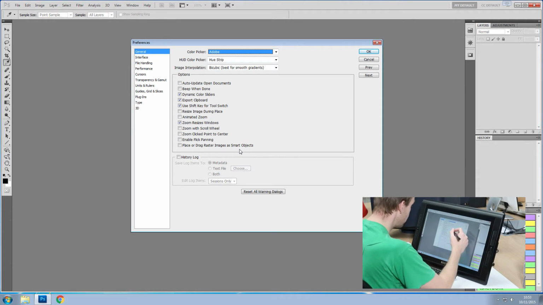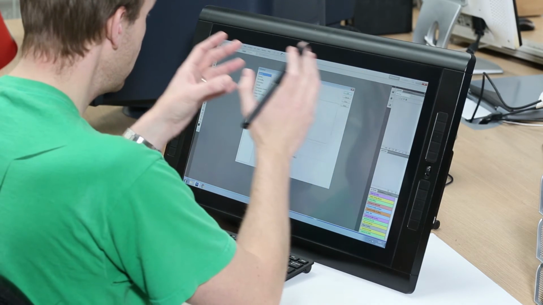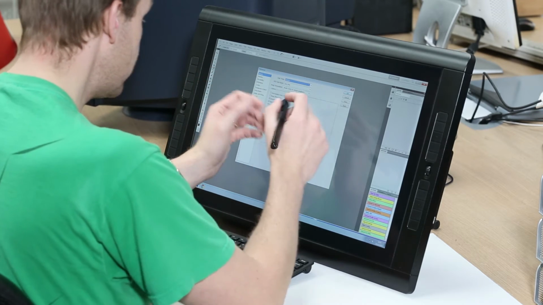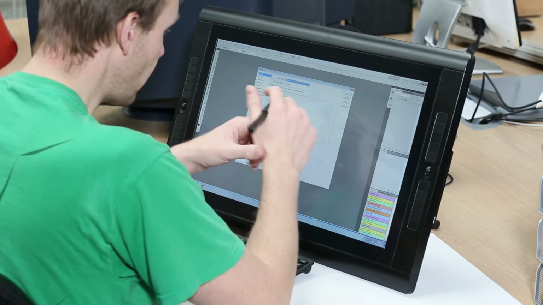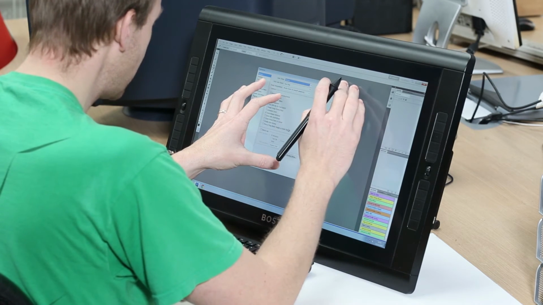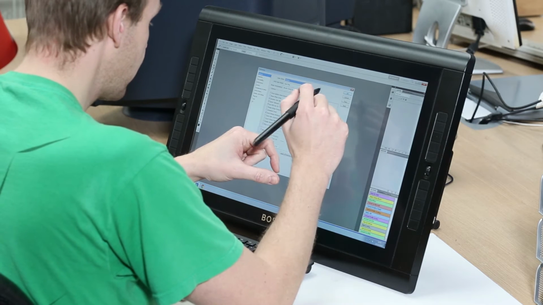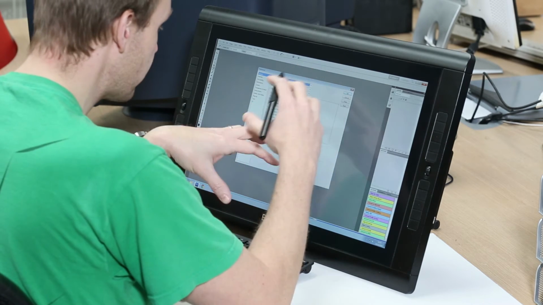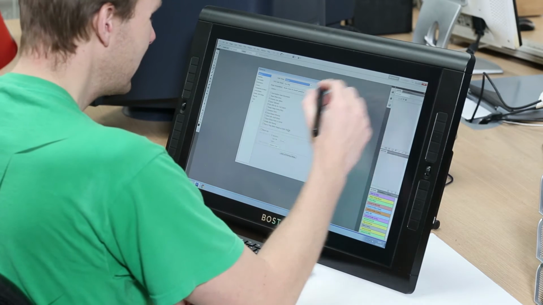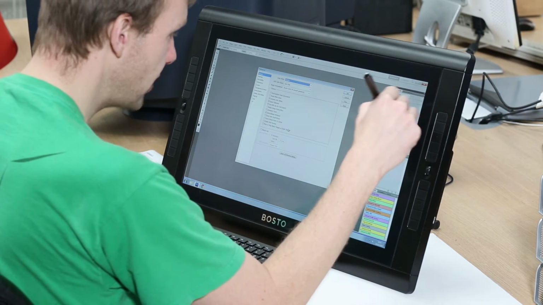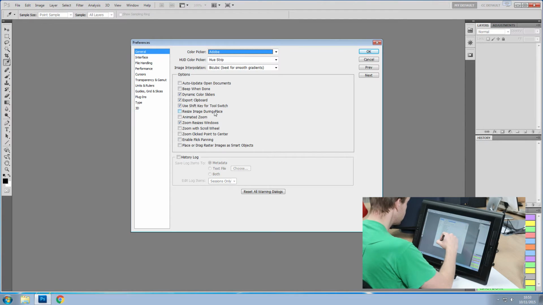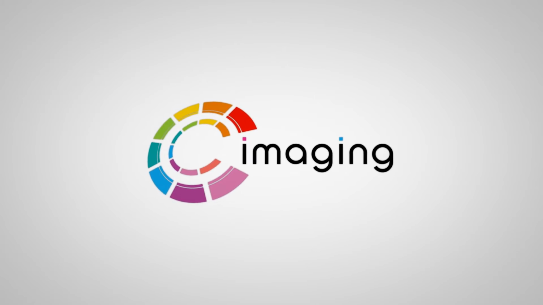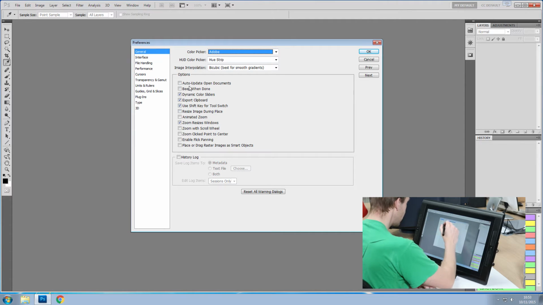Place or drag raster images as smart objects. When you copy one image and paste it onto another image in Photoshop, this will make the image you have pasted a smart object. And what it does really is it minimizes any type of compression that might be applied when you start messing around with that image. But generally I find it to be an extra step that gets in the way sometimes if I'm working on a tight deadline, so I leave this turned off. Those are the four that I'd have ticked